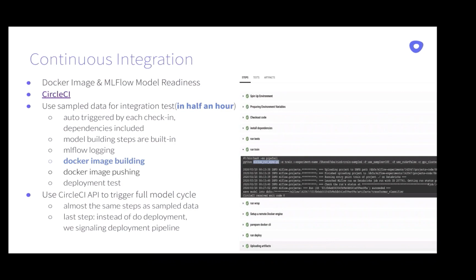For every check-in from internal dependencies, we run an integration test on a small sample of data and run all the steps, including model building, MLflow logging, Docker image building, push, and also a deployment test. We use CircleCI at Outreach, and we trigger a full model building before the actual deployment. After model building, we signal the deployment pipeline to start.